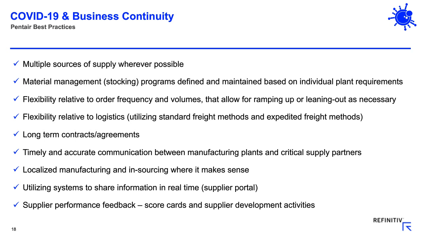And we also have localized manufacturing and insourcing wherever it makes sense. We do own our own foundries in some cases. So it's always where you can get a local partner, it's the best way to go in some situations, depending on price and quality, right? And then, of course, supplier performance feedback. We like to make sure that our suppliers see where we have issues and that they can help us in our manufacturing processes too, because they can teach us what we may not be doing exactly the way that their intended component works. So we do it both ways. But I think for us, that's our best practices.